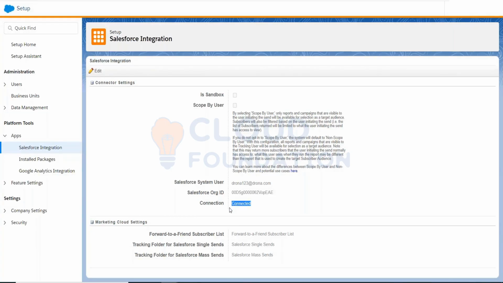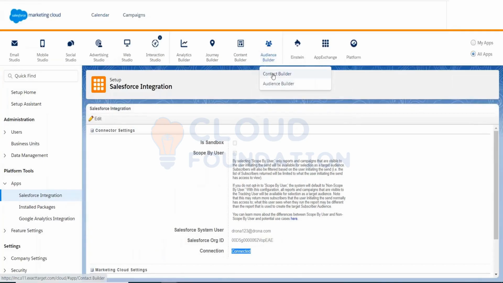Once we have this status as connected, we straight away have to go to Contact Builder. In the Contact Builder, under the data source,